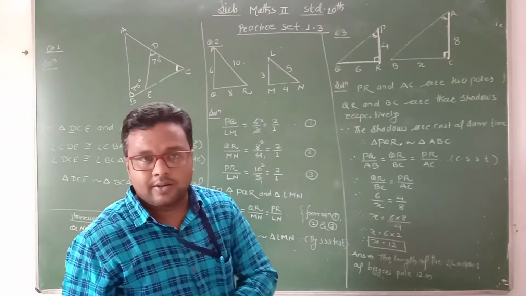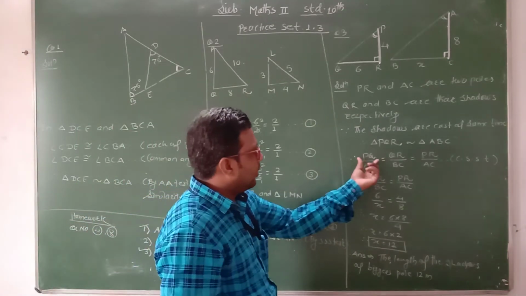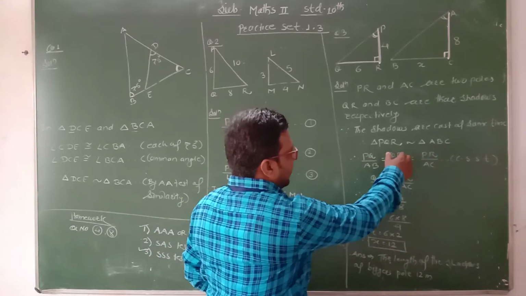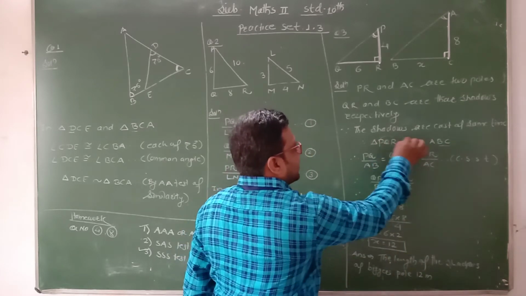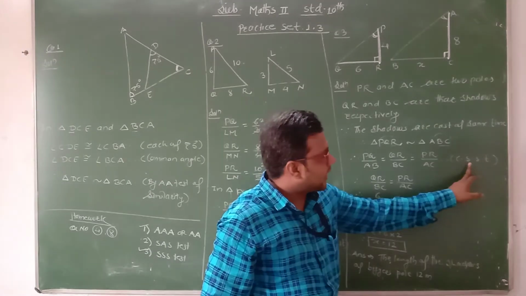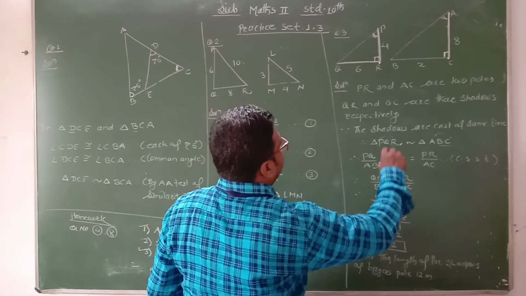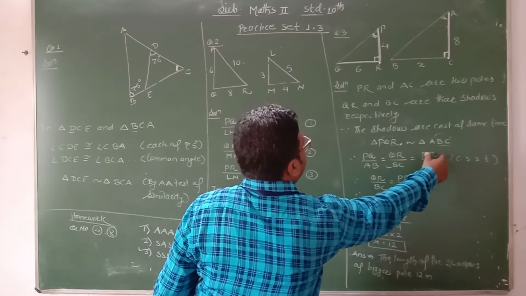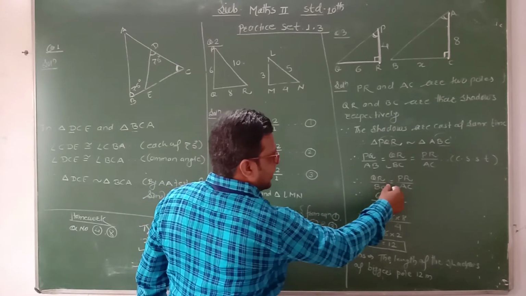If two triangles are similar, we know that their corresponding sides are in proportion. Therefore the ratio of their corresponding sides: PQ upon AB, PQ corresponds with AB, then QR corresponds with BC, and PR corresponds with what? AC. CSST means corresponding sides of similar triangles, which are in proportion. Therefore we write, but the values of QR and BC... the value of QR is given, and we take this ratio, and which ratio? PR and AC. Therefore here we write QR upon BC is equal to PR upon AC.